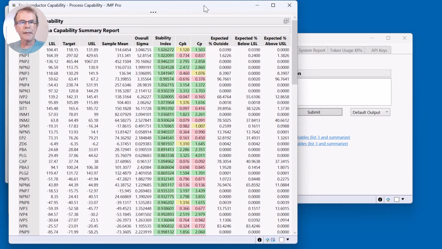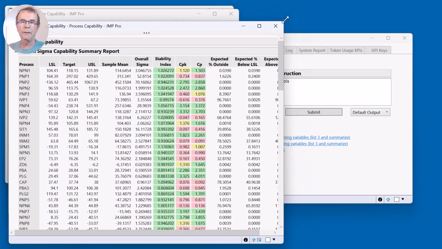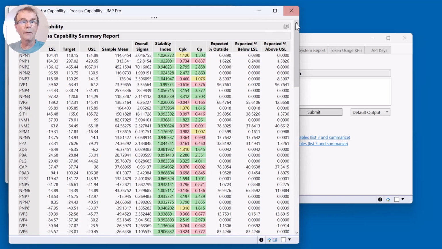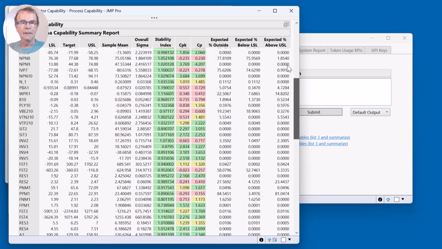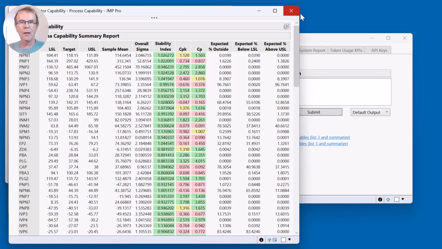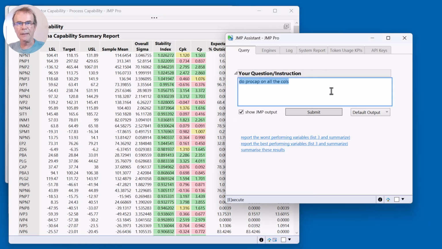So here we are presented with lots of information. I'd argue we don't actually have lots of information. We are overwhelmed with data with these results. And we're going to use the large language model to compress this to a manageable size of actionable information. We can do things like report the worst performing variables or the best. That's all sensible. Or just summarize the results. I sort of want to summarize the results, but I want to guide it a little bit. I'm going to say summarize these results into 3 groups: